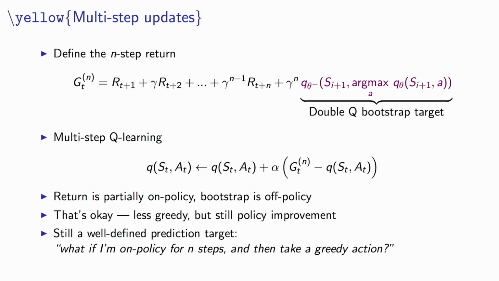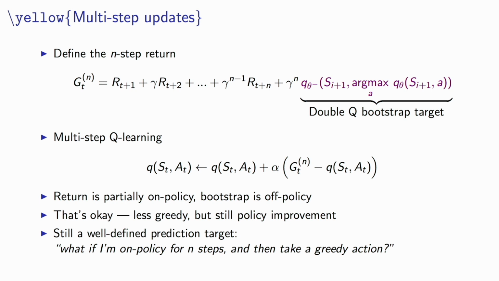In fact, even if you would be fully on policy, typically we do some exploration with, in this case, epsilon greedy, which is already a way to be a little bit greedy with respect to your current values, which means even in that case, you'd already be doing something akin to policy improvement. But especially here with the bootstrap target, which is off policy, you're doing policy improvement.